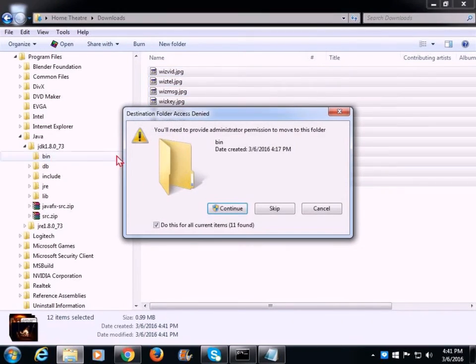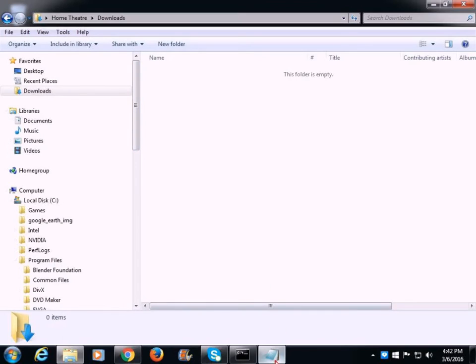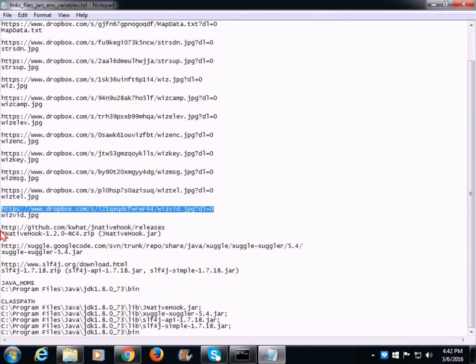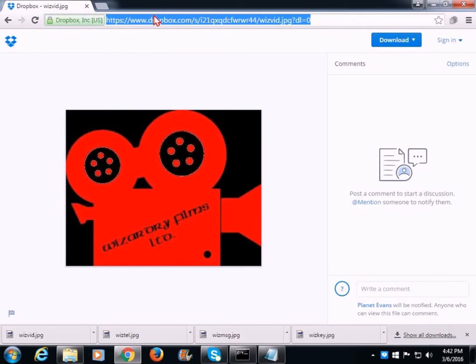Okay, very good. Now we can get our jar files from a couple different sites here. First one is going to be GitHub, and we want to get what is called a JNativeHook.jar file. Now some of these jar files come in zip files. What you want to do to open a zip file is have some kind of utility that opens a zip file like WinRAR. Go ahead and copy and paste that URL into your browser and visit the GitHub site for